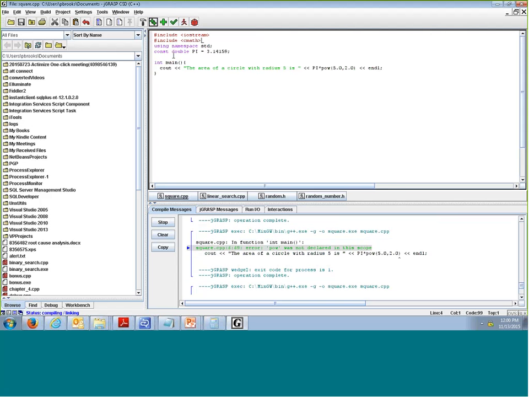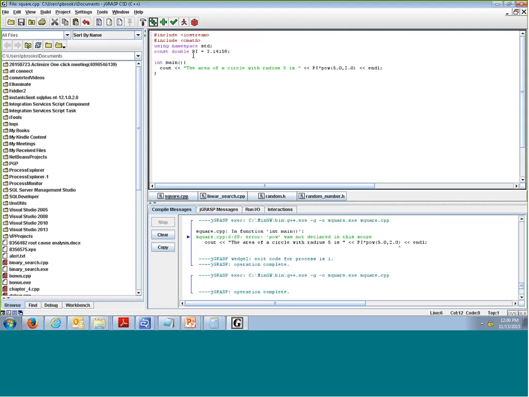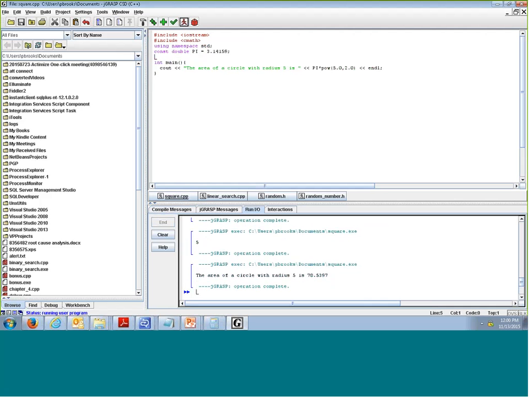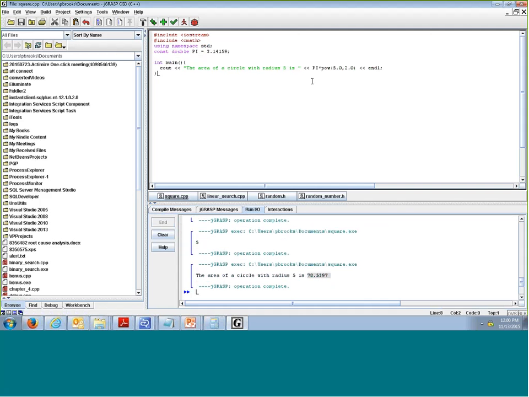So this is an example of a constant. Again, constants are declared outside of any other function. The convention is to do them at top. The convention is to do them in all caps. There we go, 78.5397. So the advantage of constants really, if we have something that can change, especially something that can change, well,